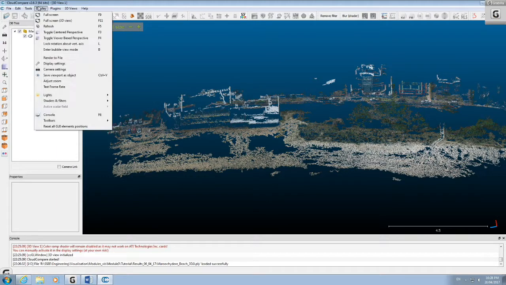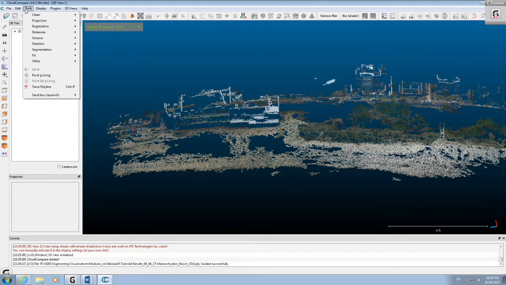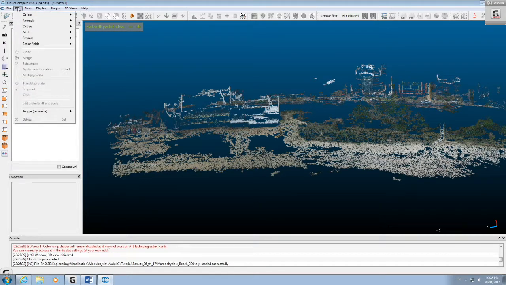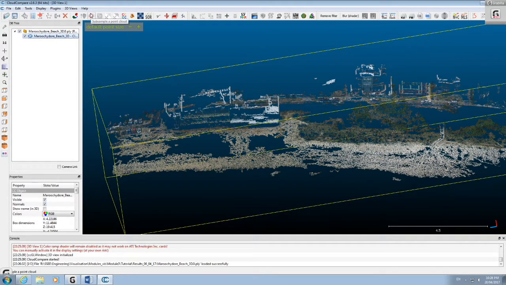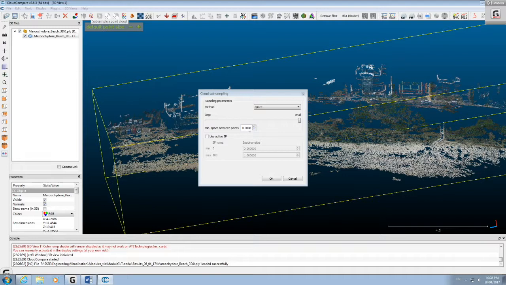So now we're going to subsample the point cloud. We wouldn't typically do that for this size of point cloud, but if you've got an extremely dense one, which can be seen with FARO scanners, there are normally a lot of points which can be very slow, specifically on those uni computers. So I'm just going to make it about